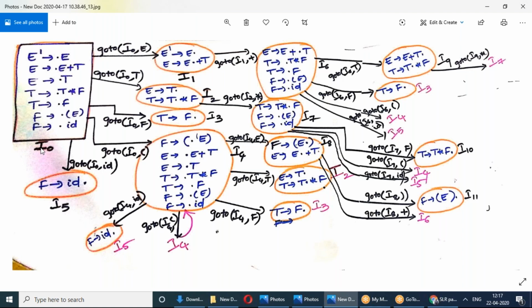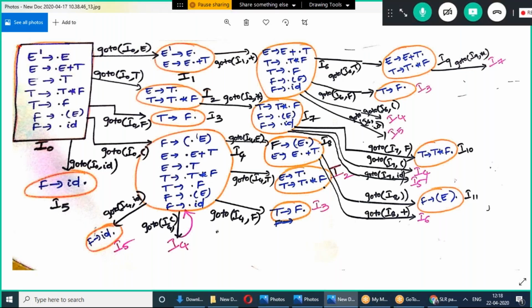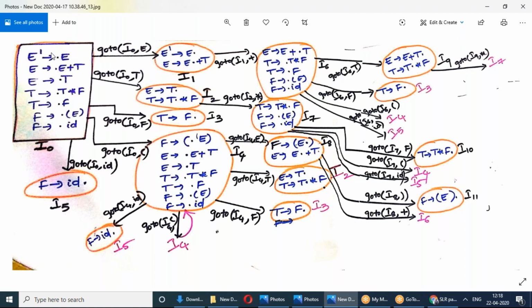On this I naught we have to perform goto and closure operations. Now observe clearly, all this is I naught. On this I naught, after the dot, what is there? After the dot, E is there.